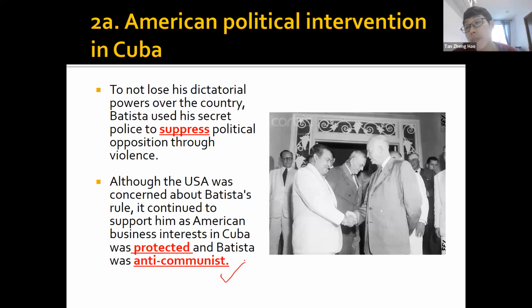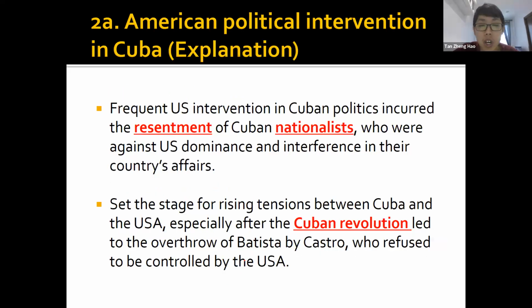And you must remember at that time, after World War II, there's no fascism, there's no Nazis. The main enemy the US had was the communists. So if you have one guy that is very anti-communist, it basically means he's your very close friend. So a lot of people resented Batista, and eventually they could not take it anymore. They started what we call the Cuban Revolution.